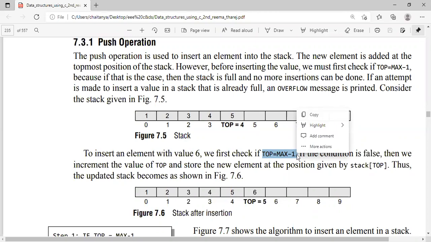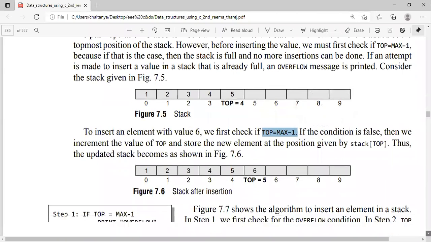Okay. So I can store the value, then increment the value. If the condition is false, I will go further to insert the element. To insert the element, what should I do? I should increment the top value. At present, the top value represents the top of the stack. The top of the stack changes because I am inserting the value. So what I will do is top plus plus. Next, I will insert the value in the given position: stack of top is equal to the element x.